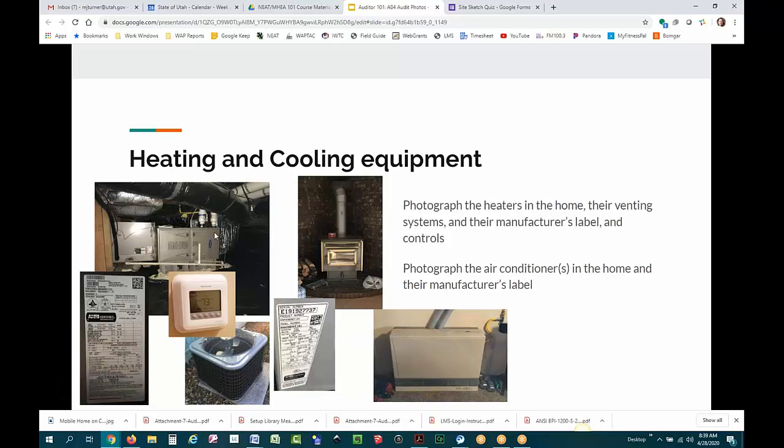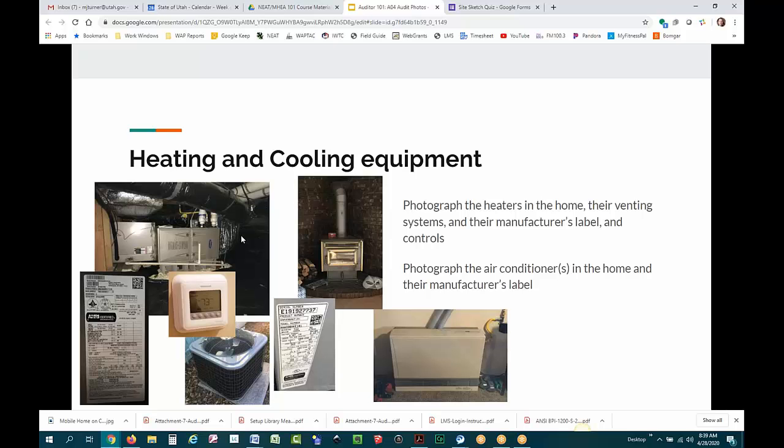And what I do is I will typically take a picture of the front of the furnace and then immediately after that, I'll have a picture that shows the manufacturer's label. So I know that that was the label that went with that photo or went with that furnace. I do the same thing on the air conditioning unit. I'll take a picture of the air conditioner, and then I'll take a picture of the label right after that. And with the water heater as well,